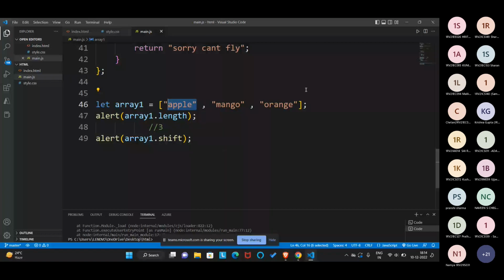Now what is pop? Now what does pop do? Pop really works in the first in first out method. Basically it will remove the first object. Okay, and if I write alert